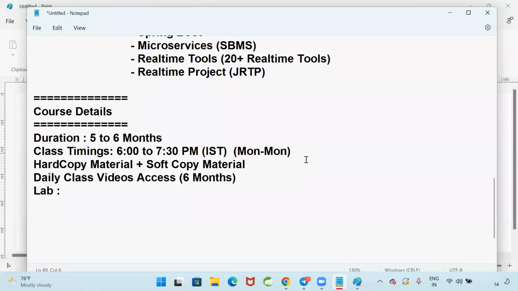And one more mentor will be available. They will take your attendance. Who is coming to lab? Who is not coming to the lab? If you don't come to the lab, you will get your money back. I will not allow you to come for next session. Okay, Chandu is the lab coordinator for you people.